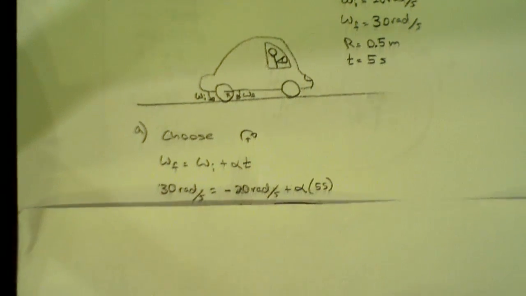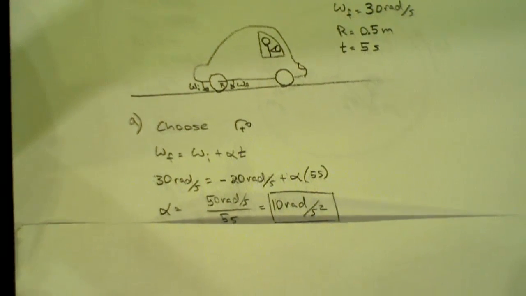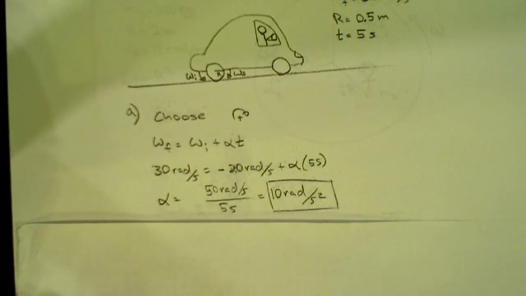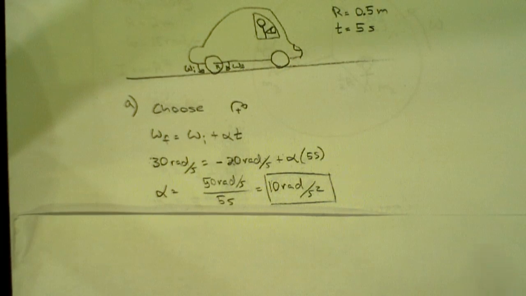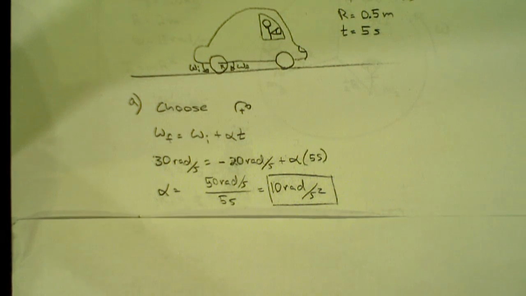Now we have an equation with one variable, so we can solve for angular acceleration. When you solve it, you get 50 radians per second divided by the 5 seconds, which gives you 10 radians per second squared. Are there any questions on this part of the problem? No? All right, then we move on to the second part of the problem, which is to find the linear